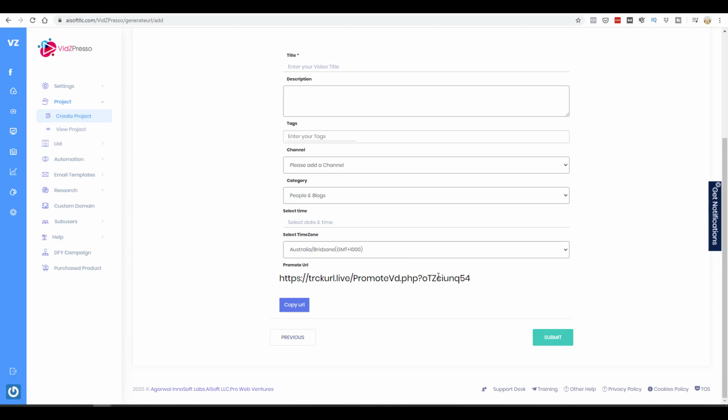That's a bit of a problem, really, that there is no keyword research, because you really do need to get that right in order to get the best outcome